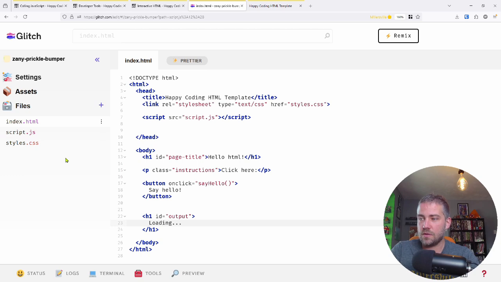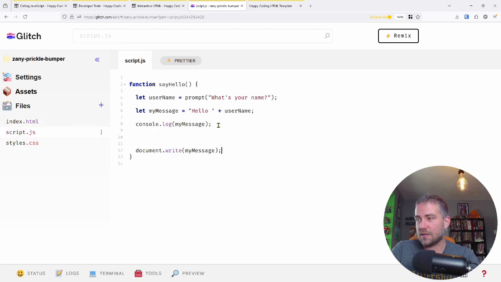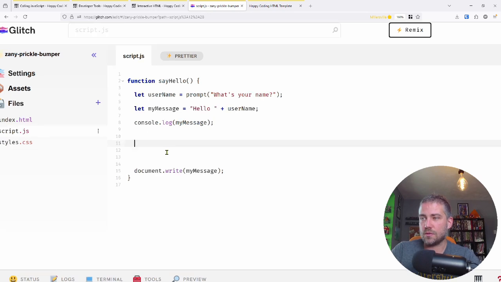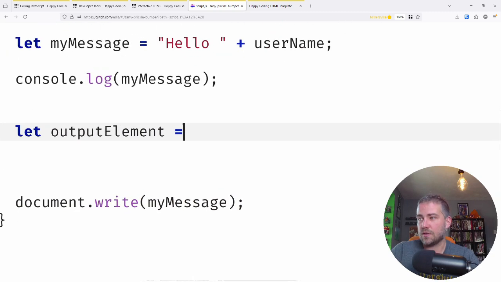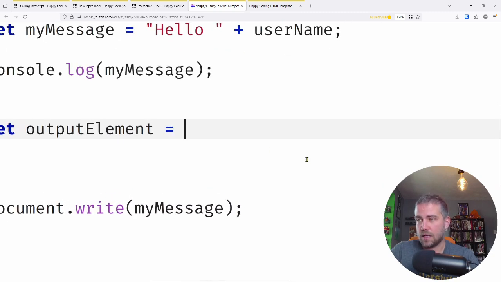So I'm going to go do that. In my script.js file, after I get my message, I am going to create a new variable. I'm going to call it, let, output element. And I'm going to set it equal to the value that is returned when I call the function